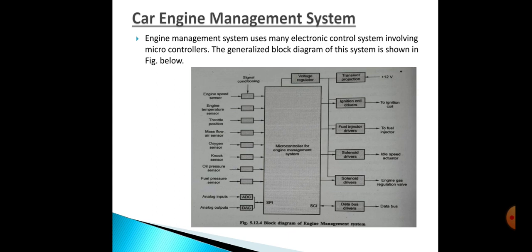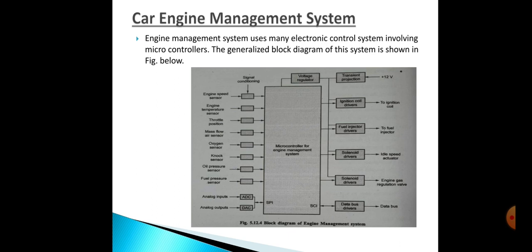The oil and fuel pressure sensors are diaphragm type sensors. According to the pressure variation, the diaphragm may contract or expand. Then the oxygen sensor is usually a closed end tube made of zirconium oxide. The sensor becomes permeable to oxygen ions at about 300 degrees Celsius. This results in generation of voltage between the electrodes. The various drives such as fuel injector drive, ignition coil drive, and solenoid drive are used to actuate according to the signal.